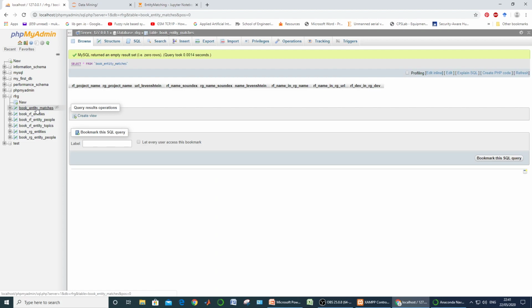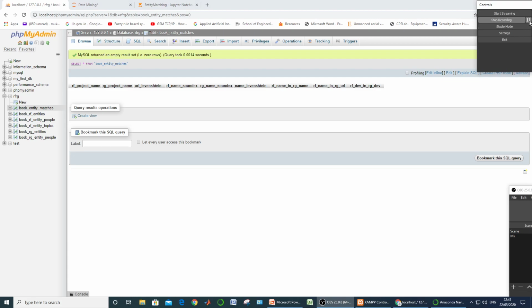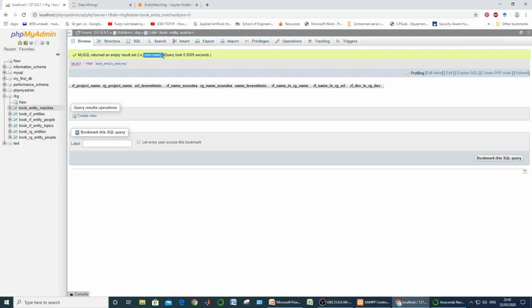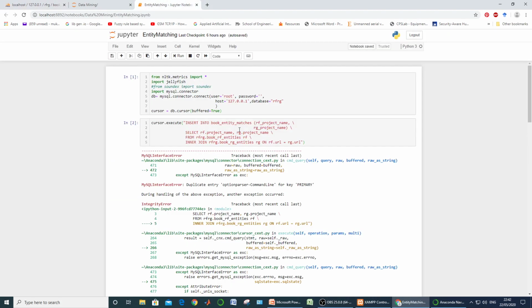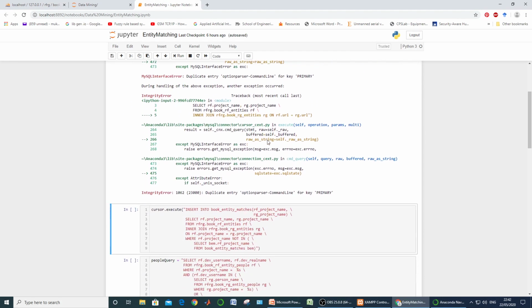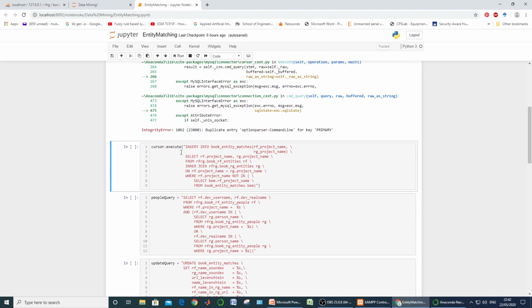It will take time as there are many rows to be inserted. So the execution is complete and it returned an empty result, means there were no two entries in RF and RG whose URLs are the same. That is why it returned zero rows. Now move to the second, or you can say third block, that is this one.